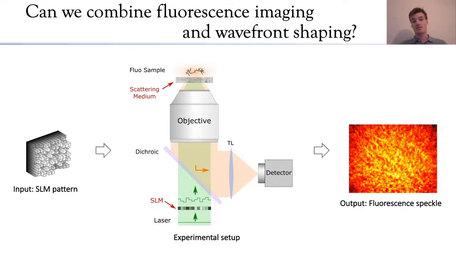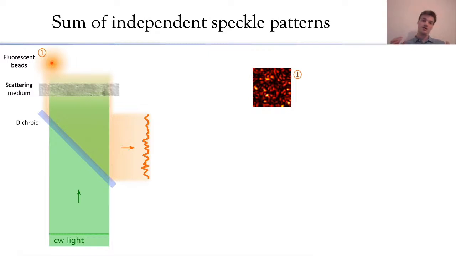And the thing we can measure non-invasively is this fluorescent speckle. So this is basically the fluorescence that is emitted by the sample and backscattered by the medium, and you can detect it here on the camera, which is placed on the same side as the illumination. And before going into the details, I just want to go back to something very basic, where you can think of the